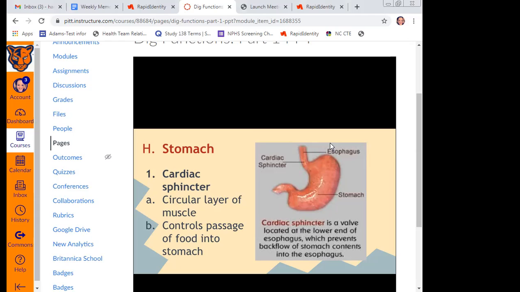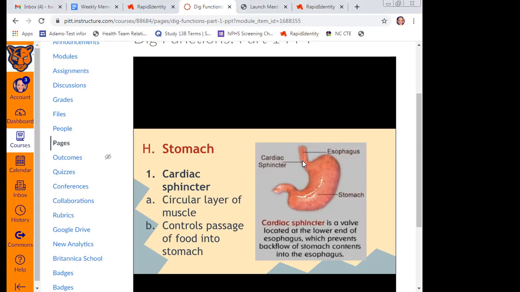Now, I put a little side note here about the cardiac sphincter. The cardiac sphincter is that sphincter within the stomach that allows food to pass into the body of the stomach where all the gastric juices mix together. So you'll see it right here. Sometimes this can also be interchanged with that lower esophageal sphincter, but just know that's how food